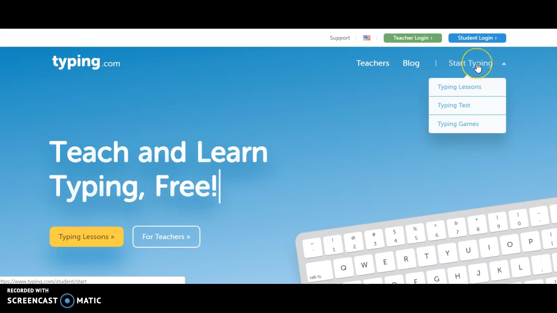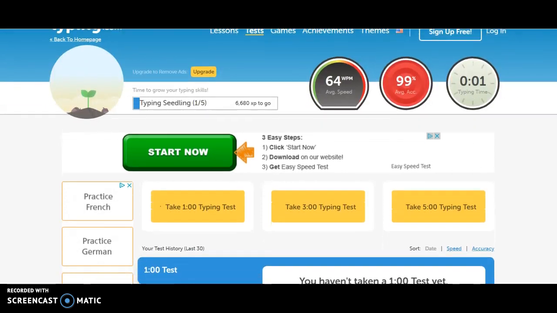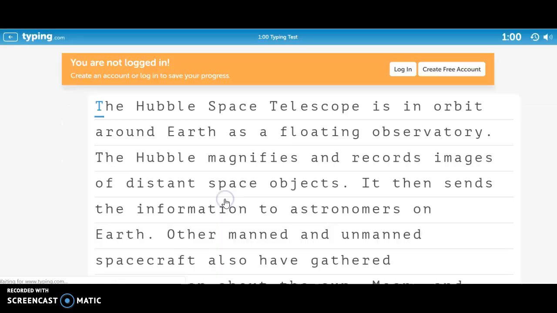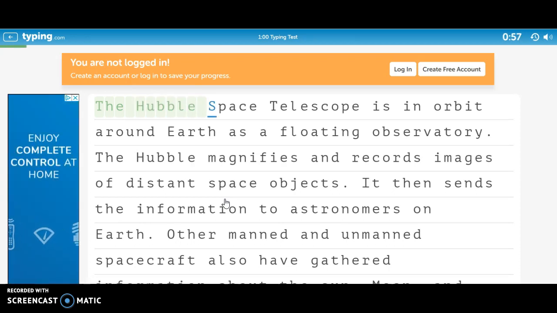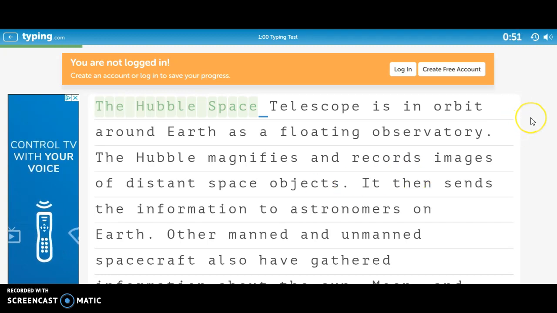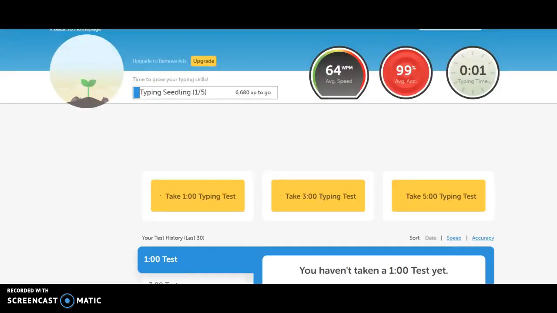So all you need to do is click here, and there's a drop down menu here that says typing lessons, typing tests, typing games. So typing test, this is where you could check your speed. And there's a 1-minute typing test here, 3-minute typing test. 1-minute typing test looks like this. So you just start typing and it's going to record how fast you are. I'm not the fastest typist, so we'll just stop here